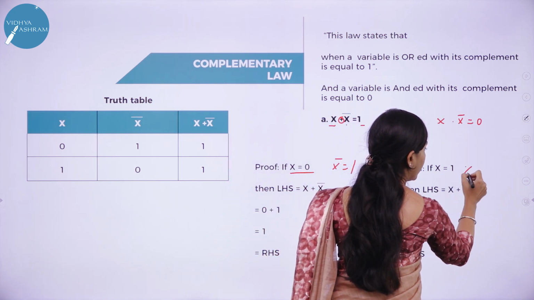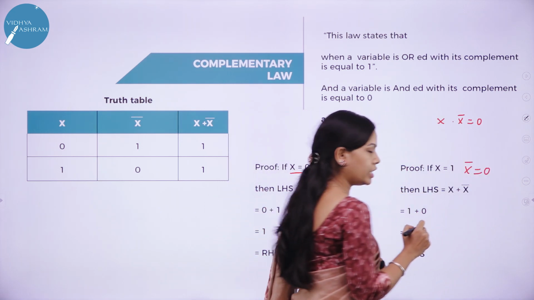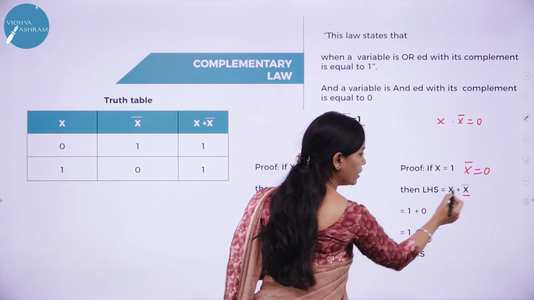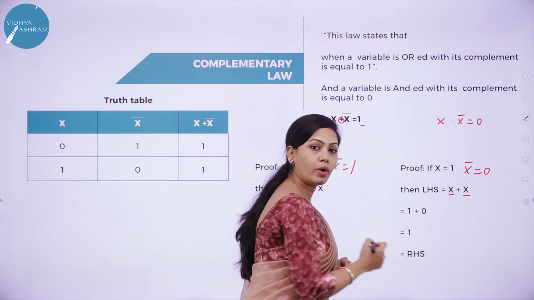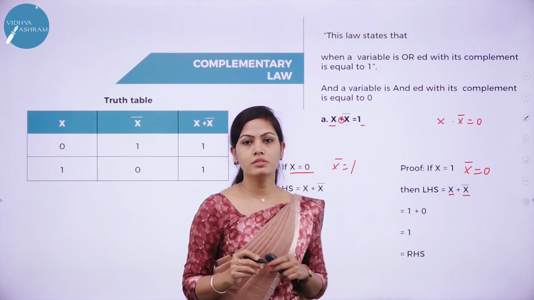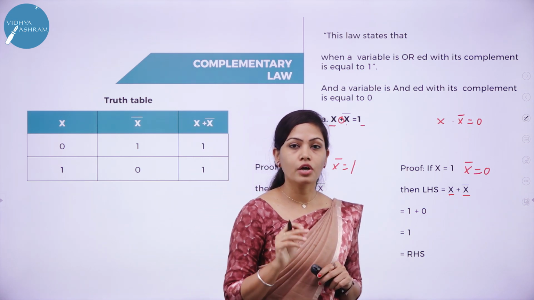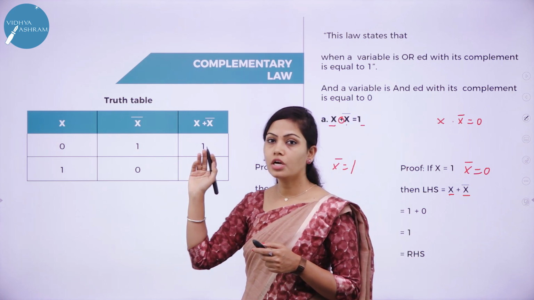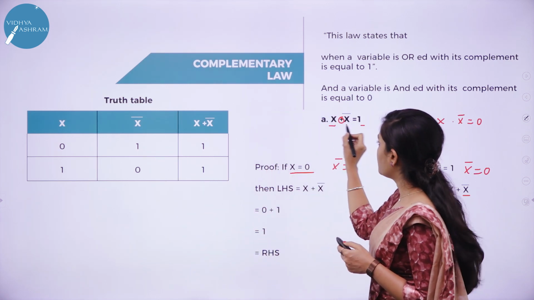If x is equal to 1, x bar is equal to 0. Substitute the value of x and x bar. So, 1 plus 0 is always equal to 1, that is your RHS value. This is your complementary law, and this is the truth table for complementary law called x plus x bar is